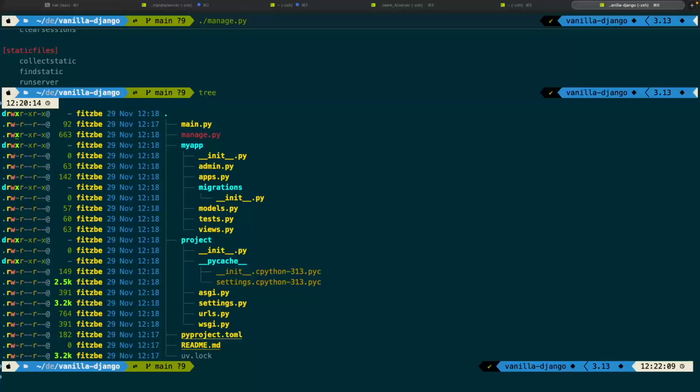The other really good example for why you might change things is debug. Debug is a setting you don't want to run in production, but you do want to run locally. So rather than having a static setting in your settings file, you have